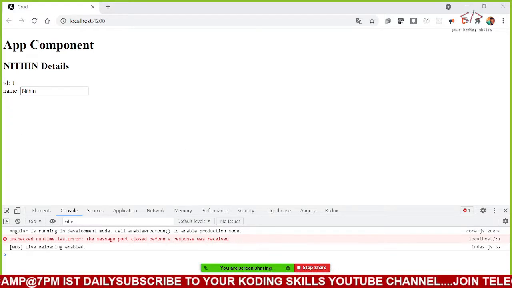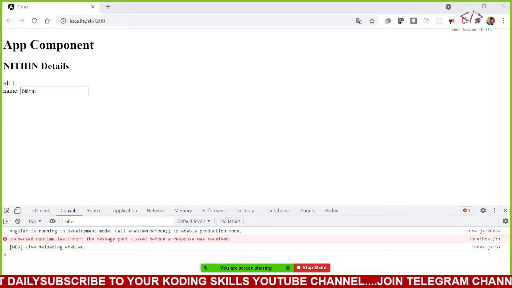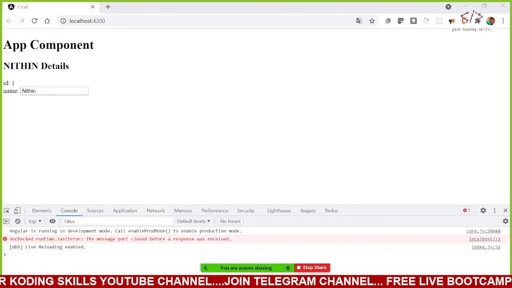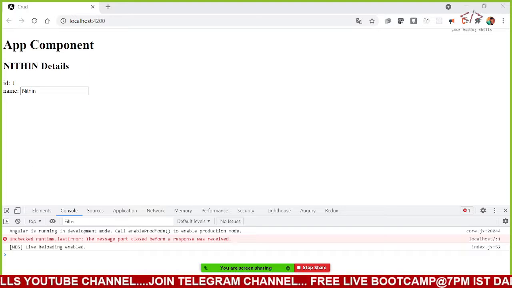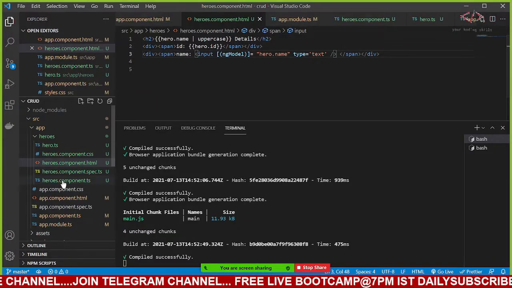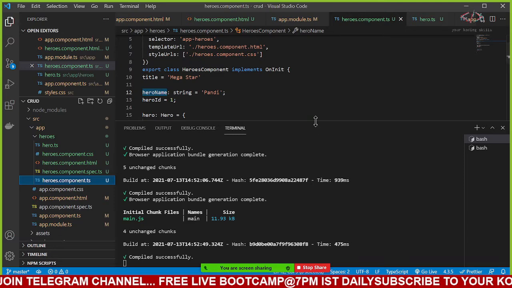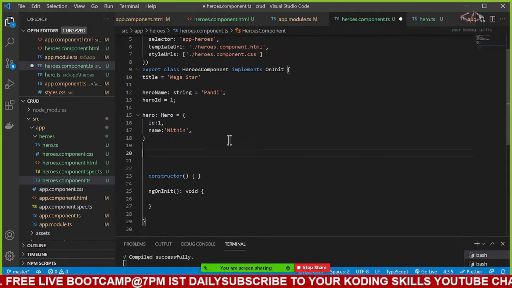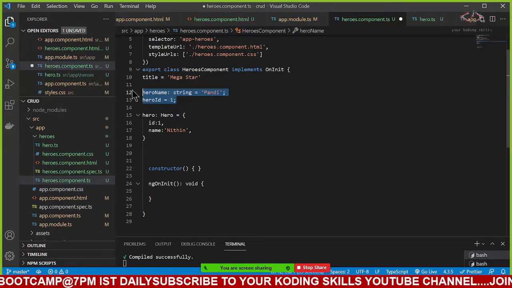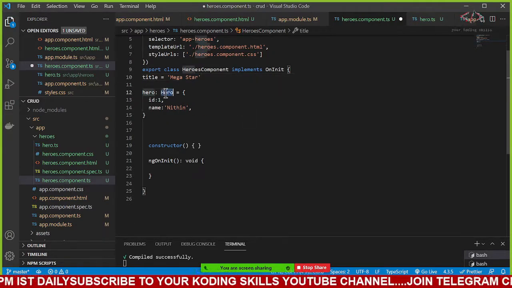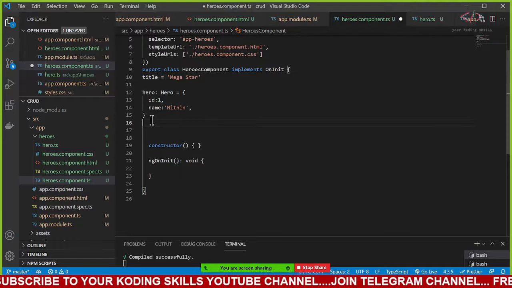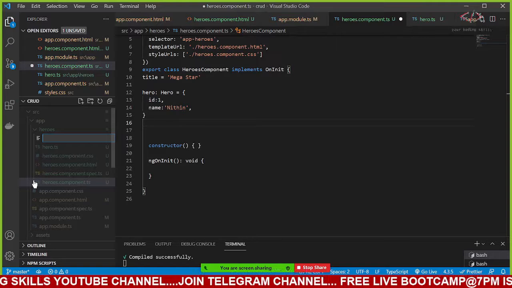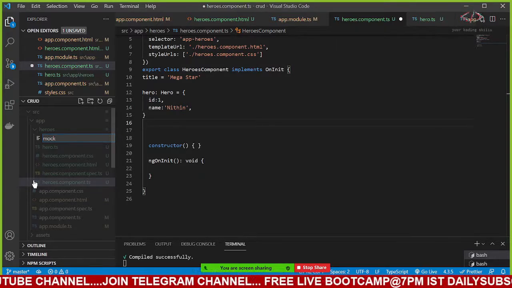Okay. The next one, what we are going to do is display a list of elements. If I go here, come down, see my hero. I'll remove these movies, I don't want them. Let me keep the code clean. I don't want this hero name, title, and all. Okay, and type heroes. Now this time I'm going to create here itself a mock